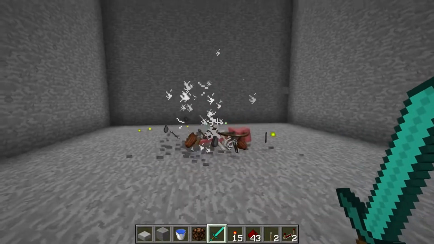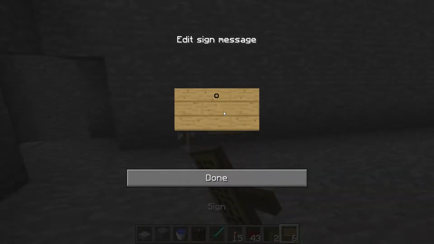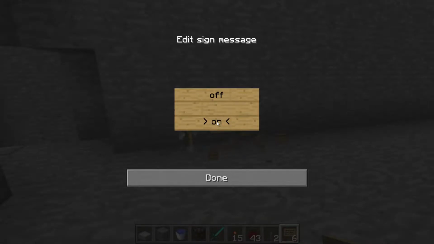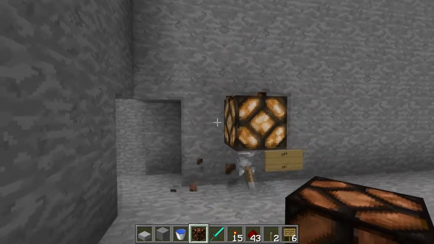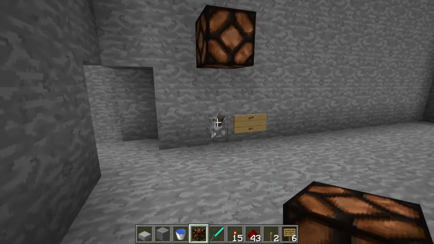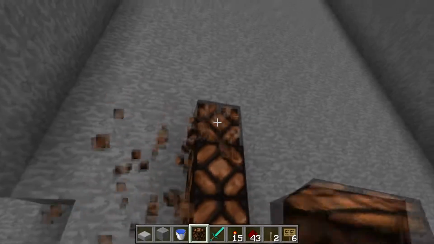1, 2... Seems to be working pretty good. Put a sign here. This is on, off. Nope. That's backwards. Off, on. I was trying to put a redstone lamp in here to... That might work. Yep, that works. No, it doesn't, because it's on. I don't know. It severely lags my game when...